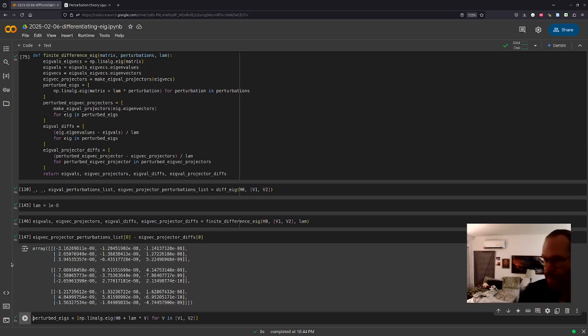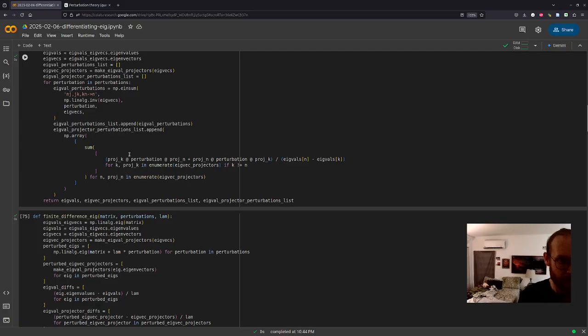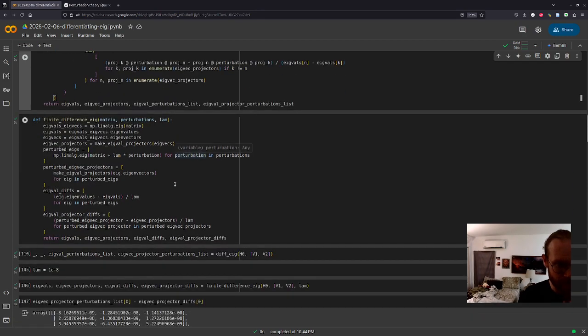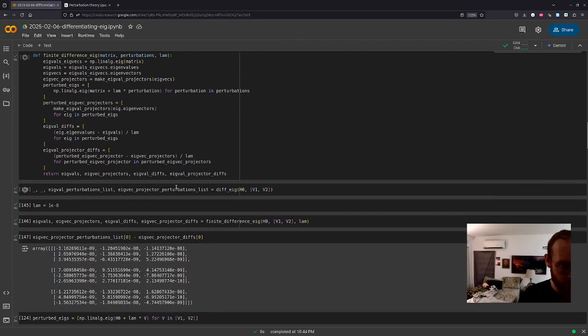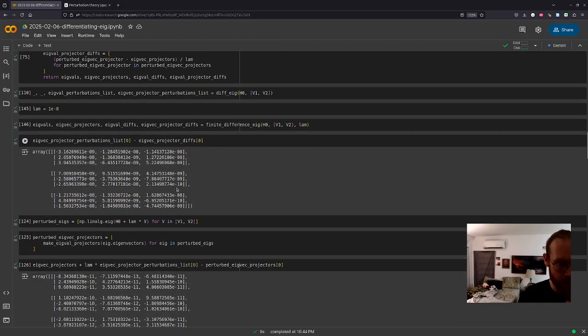We were trying to get a little too fancy for doing this calculation. It's probably too late at night for me to figure that out properly. But now it looks like we've got something producing changes to the projectors under the eigenspaces that is consistent with the finite difference.